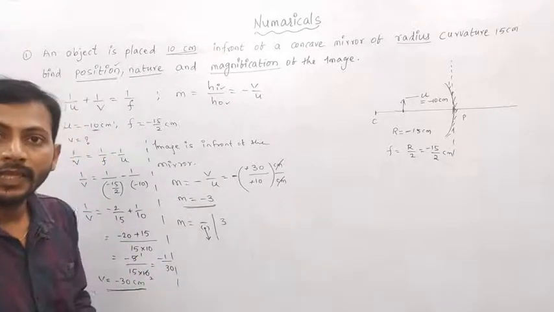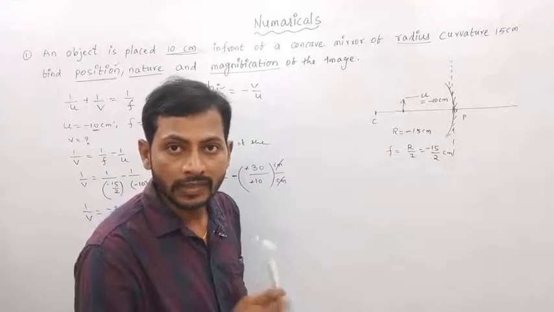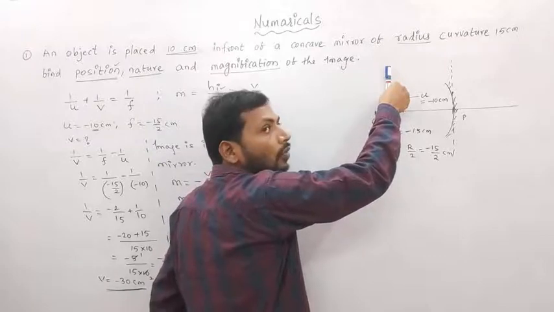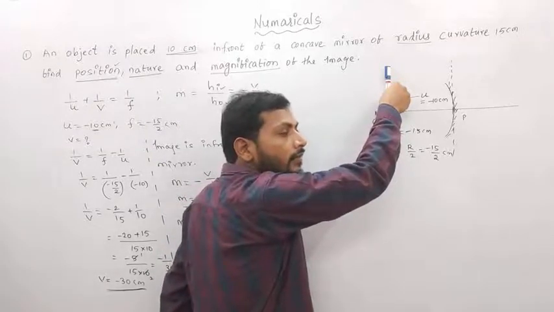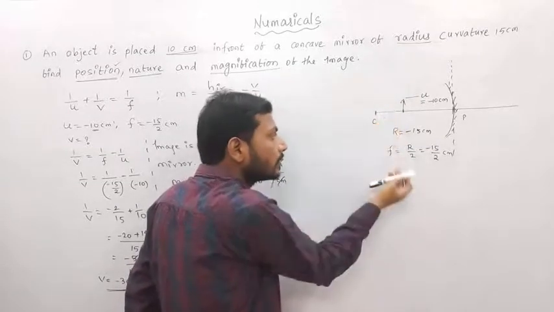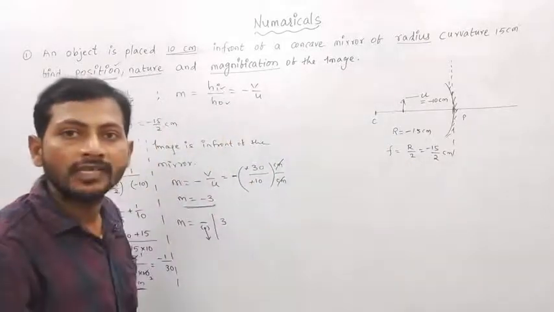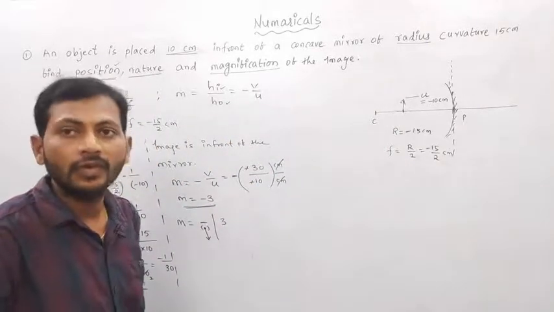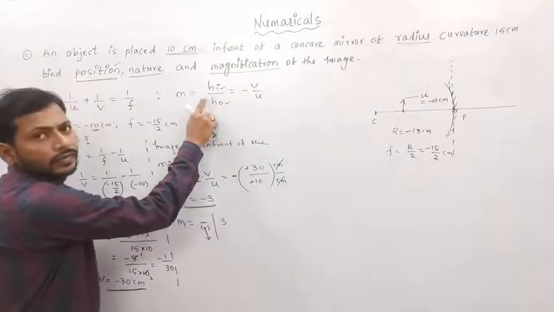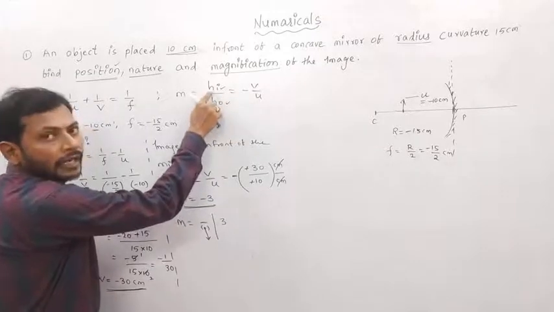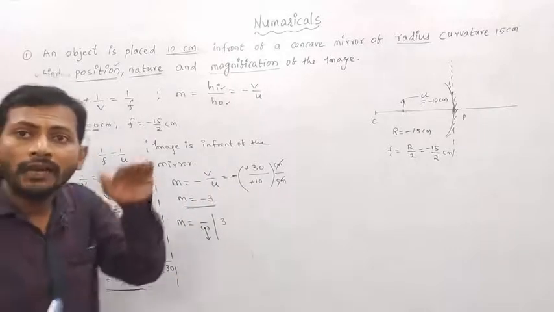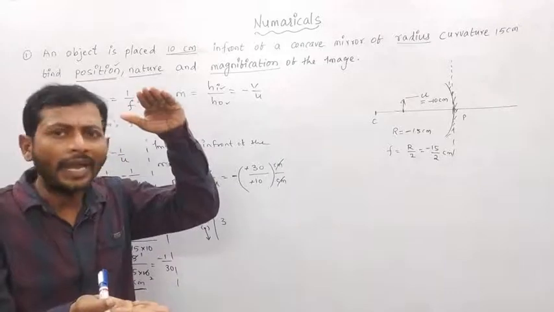For example, in the previous video we already discussed that when the object is standing on the principal axis, we take the height as positive. If the image is inverted, meaning it is below the principal axis, we take the minus. Now observe here, this minus I can apply here also. So if I write here, the height of the image is minus. What does the height of the image being minus mean? It means the image height can never be negative. Height never be negative.